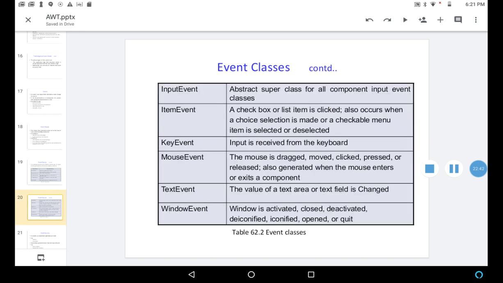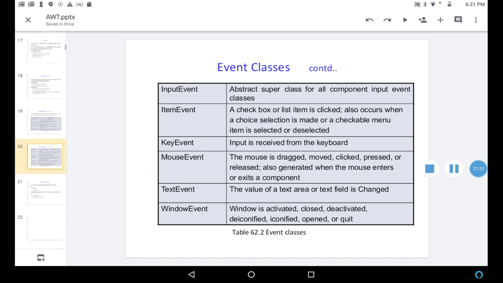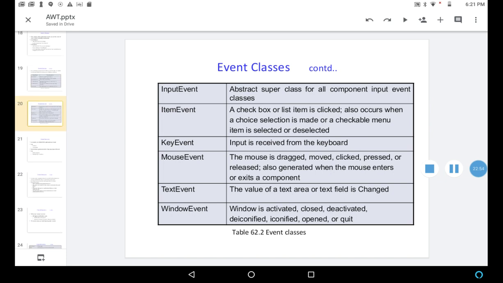There are InputEvent, ItemEvent, KeyEvent, MouseEvent, TextEvent, and WindowEvent. InputEvent is the abstract superclass for all component input event classes.